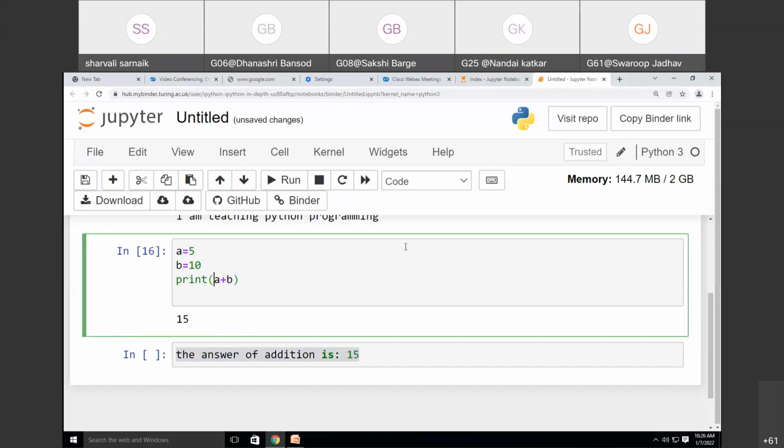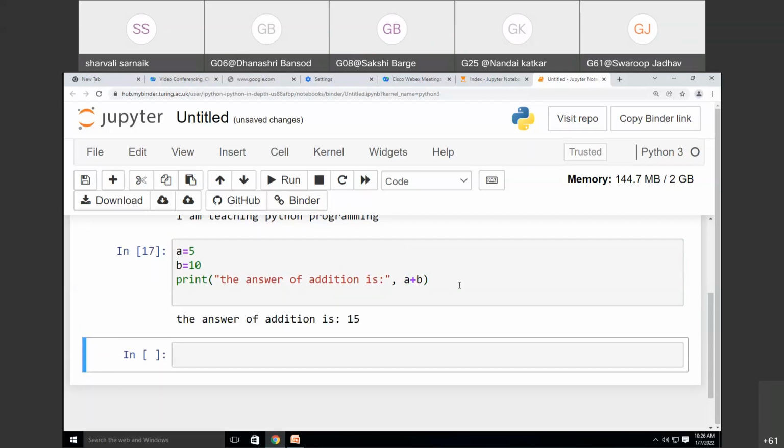So inside the print statement, I am writing double quotes, and inside those quotes I am writing the answer of addition is. Now the double quotes are complete, give a comma, and then write the logic of addition, that is A plus B. So when I run this code, I am getting the output as the answer of addition is 15.